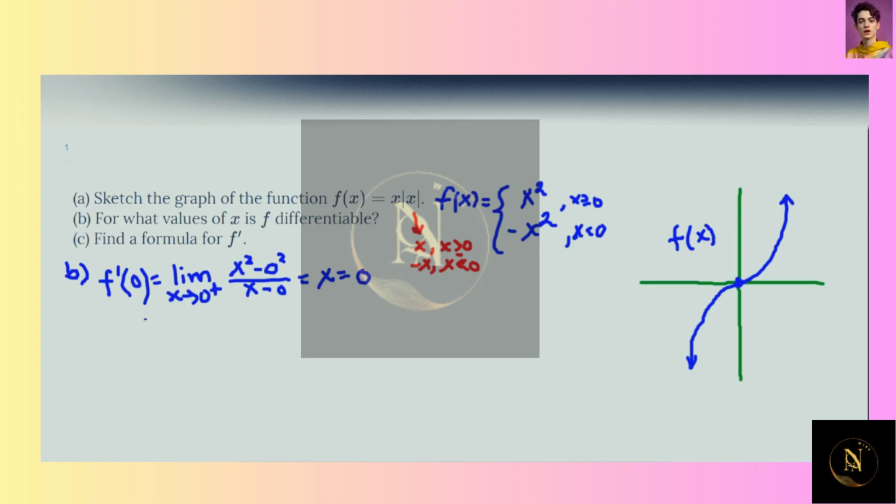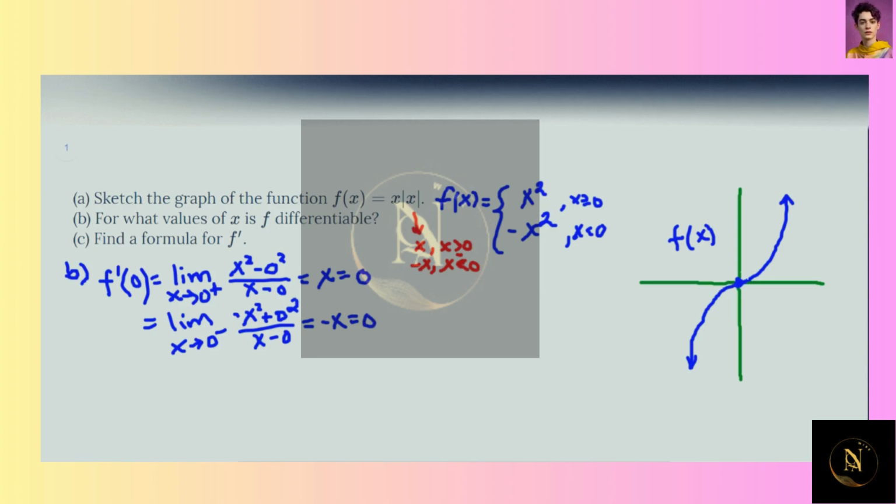So that limit is 0, and then we also have to do the limit as x approaches 0 from the left, meaning that we choose the other function, negative x squared. We have negative x squared minus the other function evaluated at 0, divided by x minus 0. And this limit is equal to negative x evaluated at 0, which ends up being 0. So our limit from the left and from the right agree with each other. These are the limits associated with the definition of the derivative. So essentially the derivatives are the same from the left and the right,